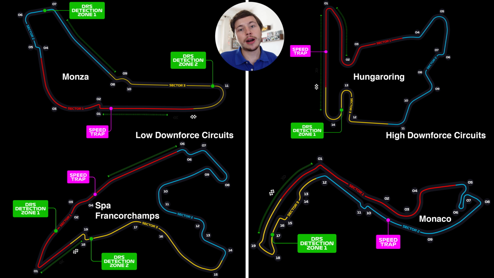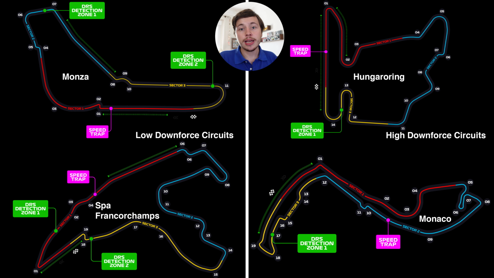So in tracks like the Hungaroring, teams need the wing that produces all of the downforce, but as the straights aren't too big, the car can just take a drag penalty from having those high downforce rear wings, because it's going to make up for that time in the corners, where that high downforce is going to produce some